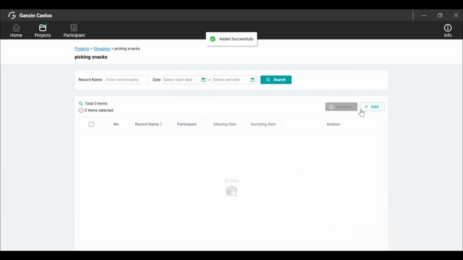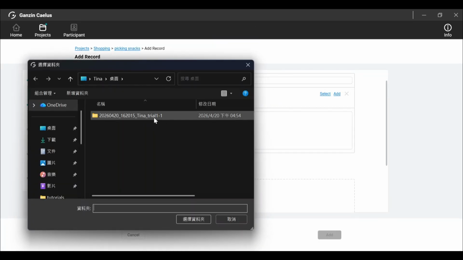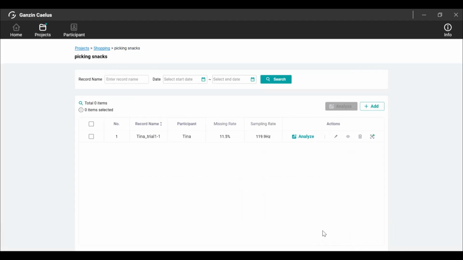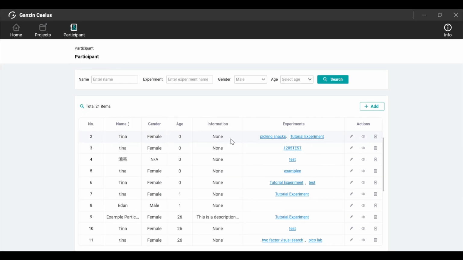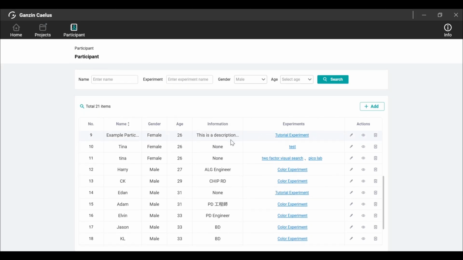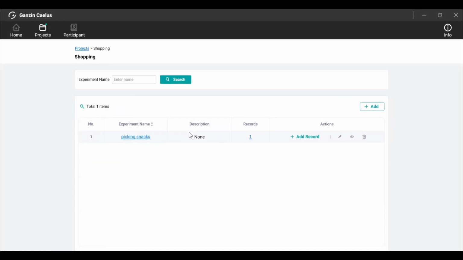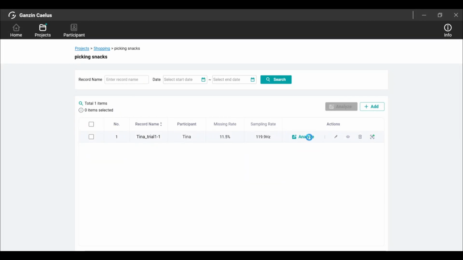Select the experiment and add your recording from the folder, so Caelus can analyze the video. Then, confirm the pop-up and click Add to complete. You can also review and manage all participants' details. To analyze the gaze video, go to Projects, choose a project, select an experiment, and click Analyze to enter preview